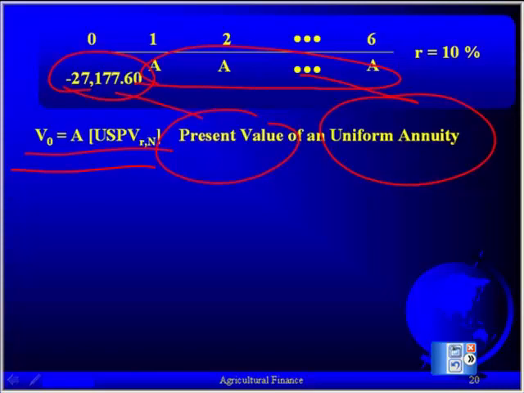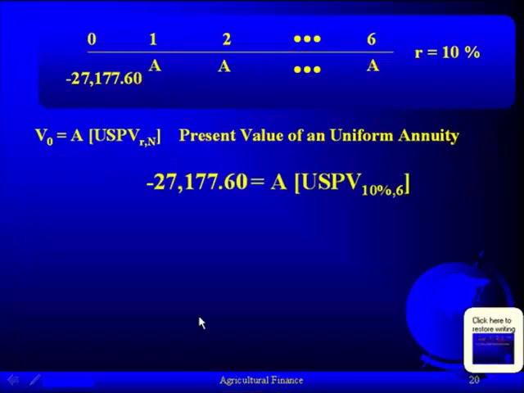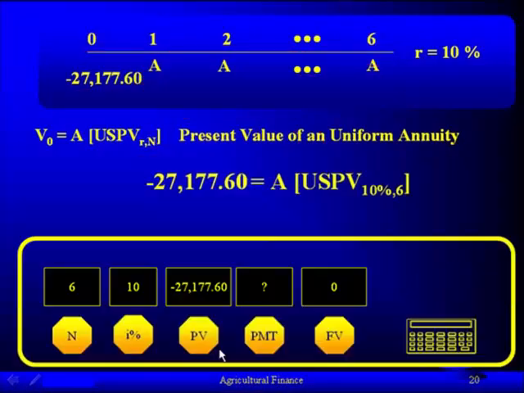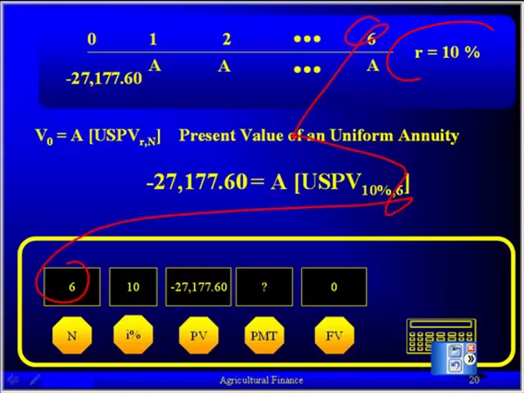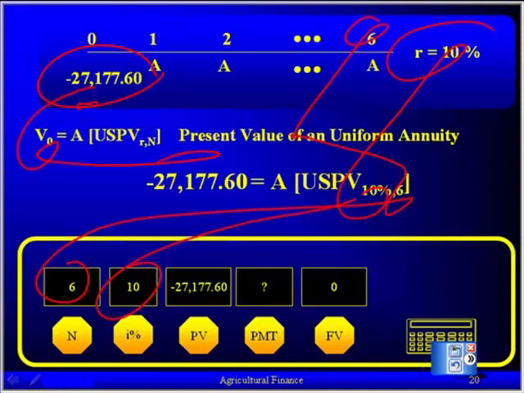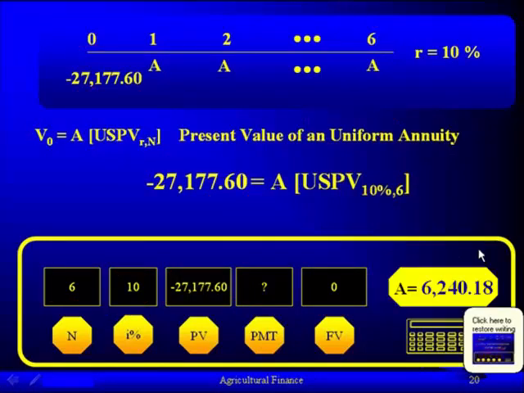Because if you tried to use the future value, what would you plug in? You would have had two unknowns. You would have had to calculate the A and the future value. And since you can't solve for two unknowns with one equation, then obviously by default you can figure out that you need to use the present value uniform annuity. All right, in this particular case then, we can see that the number of periods is 6. So 6 N, the interest rate is 10, the present value in this particular case is negative 27,177.60. We zero out the future value, we calculate the payment, and it comes out to